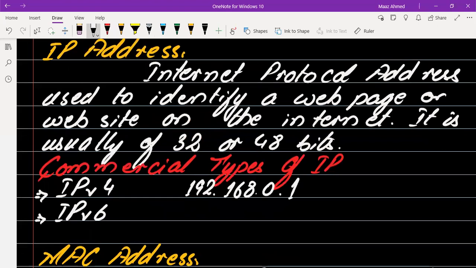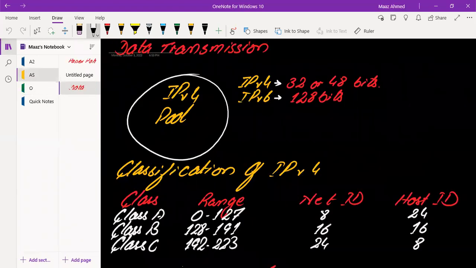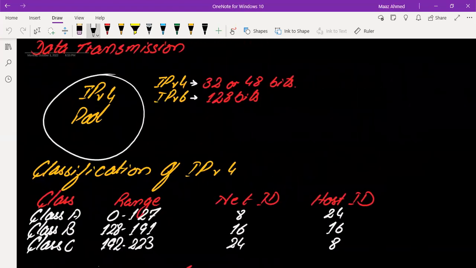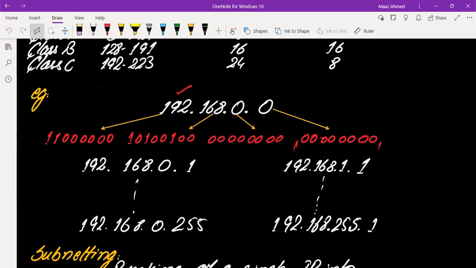192.168.0.1. Now, this is an IP, and this IP may be of 32 bits or 48 bits. Let me show you how this is of 32 bits or 48 bits as well. So just give me a second. Okay, so over here, it's represented. It's an example for